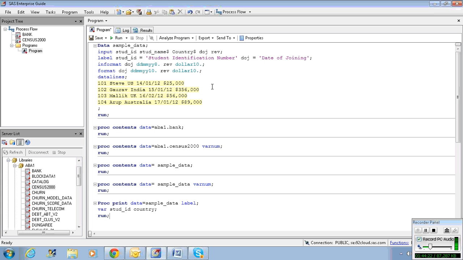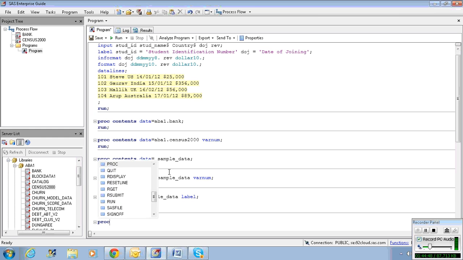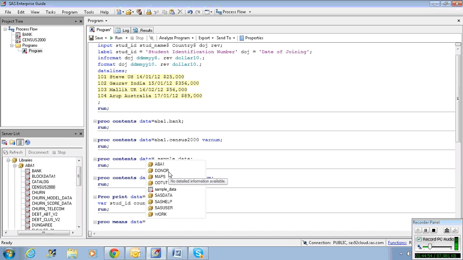The only challenge in SAS, as I mentioned earlier, is that this is a fourth generation language, wherein the actual coding is already done in the backend. So whatever we are writing here, especially proc print or proc contents, we are calling those predefined procedures which are written by using these simple codes. For example, I write proc means data. So what is this? This is going to give me some basic statistics